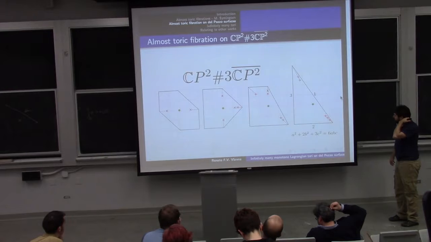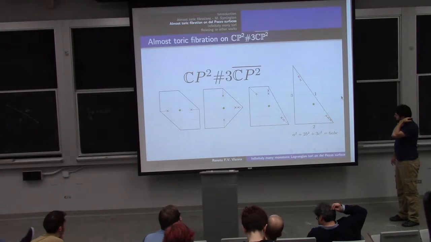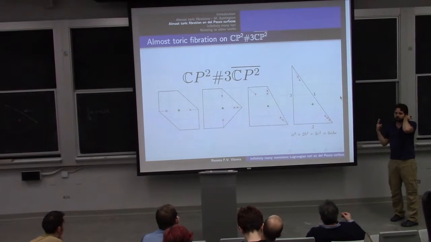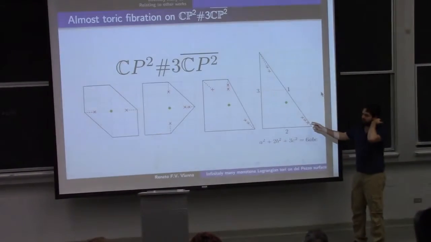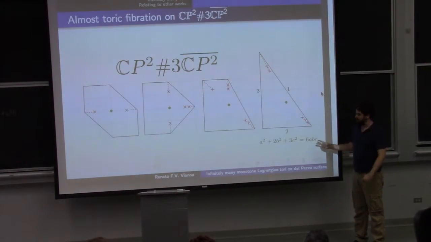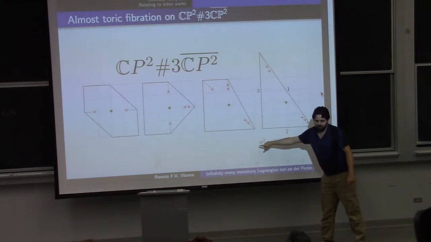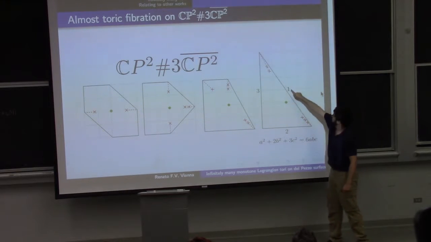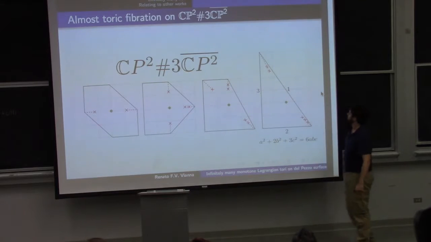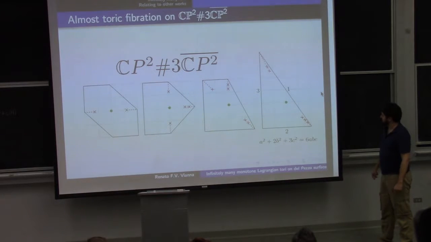At the time that I wrote my paper, there were two nice things for me in having something with triangular shape. The first one is that I am able to look at this picture and see this equation here that we recognize for the degree 6 del Pezzo surface, and see that the affine lengths of my edges satisfy this equation here.